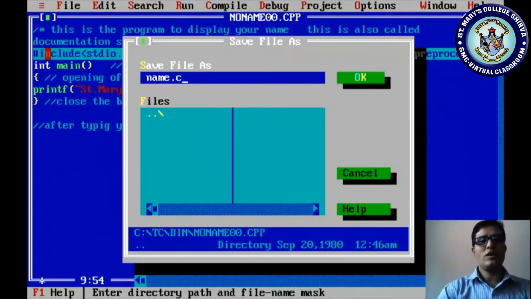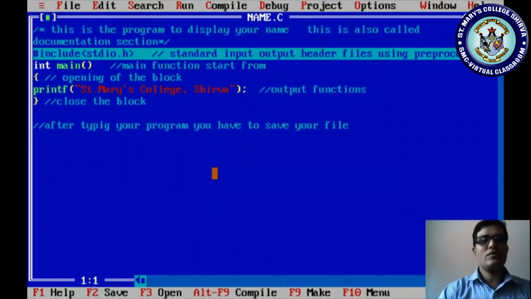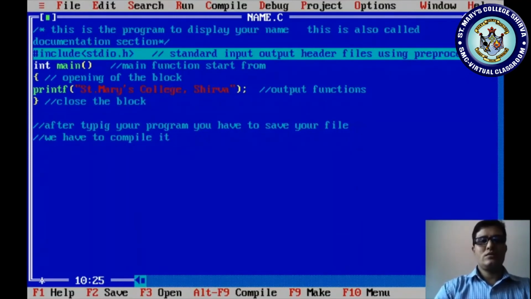After compilation is done, you run your program. For running the program, you have to go to the Run tab and click Run, or the shortcut is Ctrl plus F9.